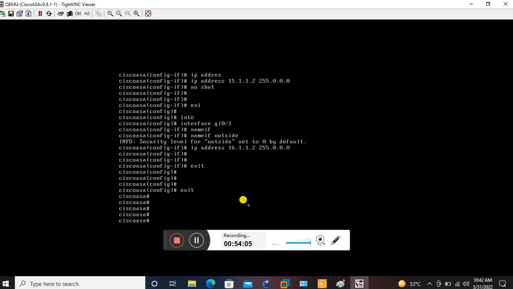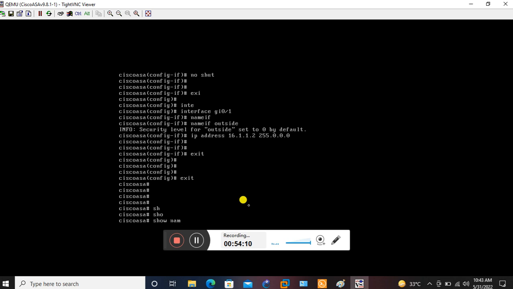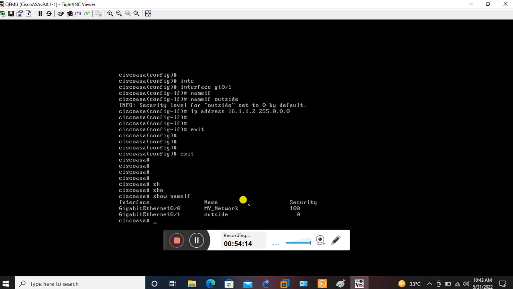Write the command to check this: show nameif. So we have two names, my network and outside. This is nameif my network and outside. For my network the security level is defined as 100, and for outside the security level is defined as 0. Okay,